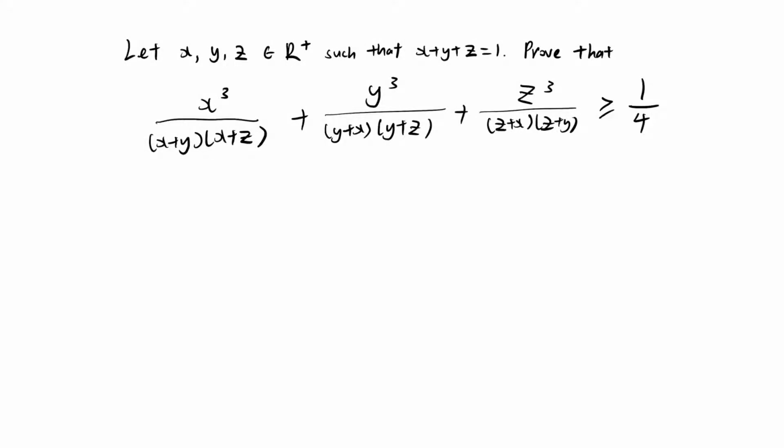Let x, y, z be positive real numbers such that x plus y plus z equals 1. Prove that x cubed over (x plus y)(x plus z) plus y cubed over (y plus x)(y plus z) plus z cubed over (z plus x)(z plus y) is larger than or equal to 1